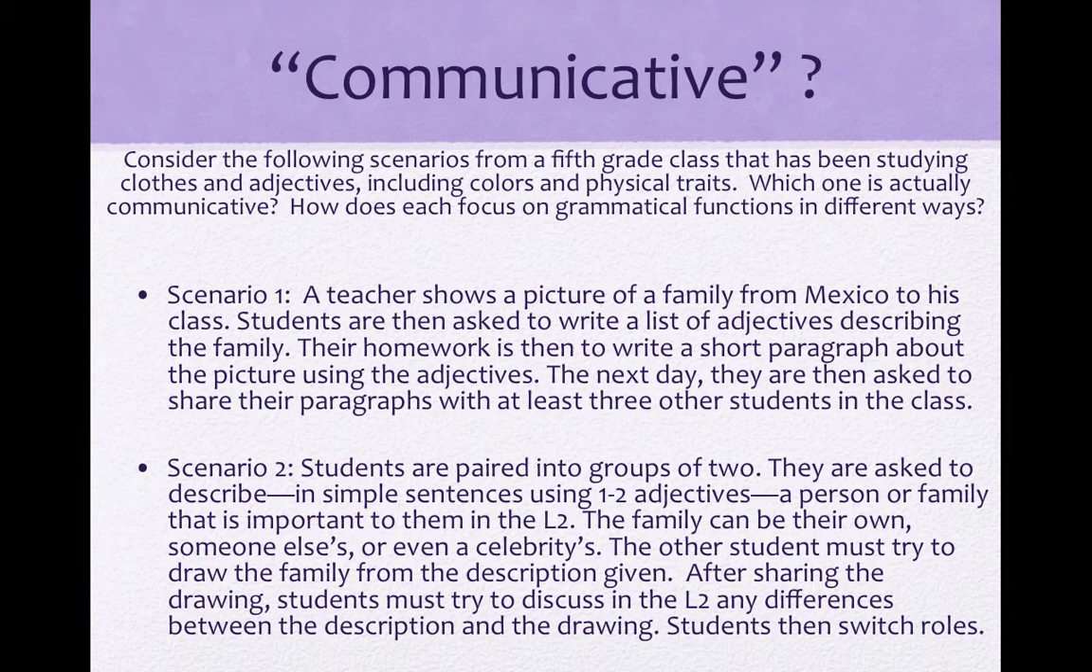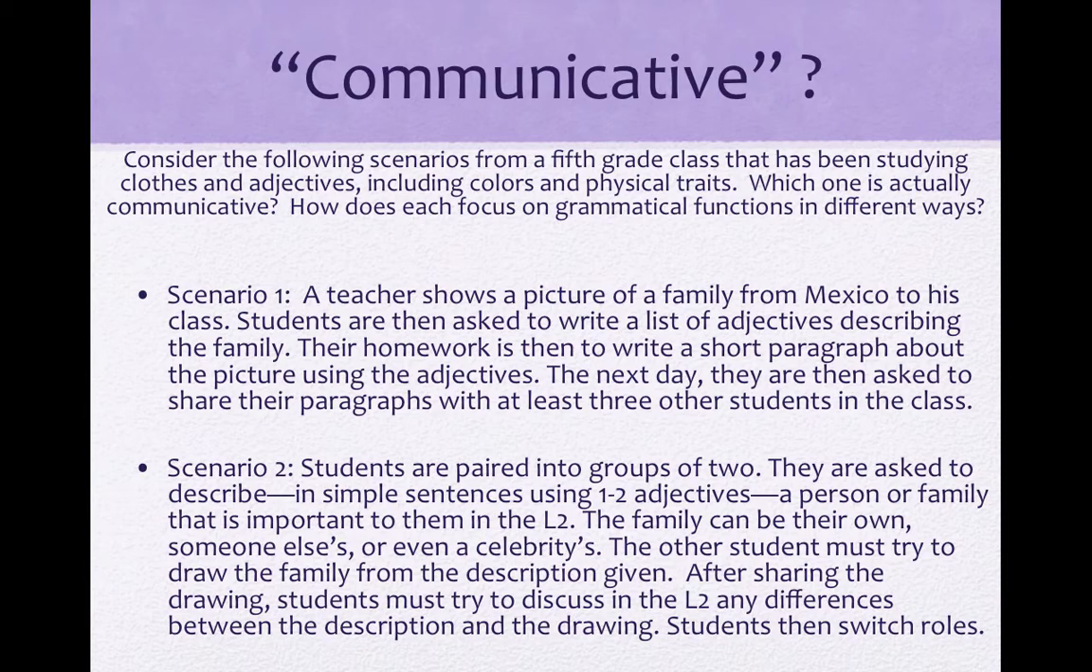After sharing the drawing, students then have to say, in simple sentences, okay, this was brown hair, or this was a green shirt, things like that. And then students switch roles. So in scenario 2,